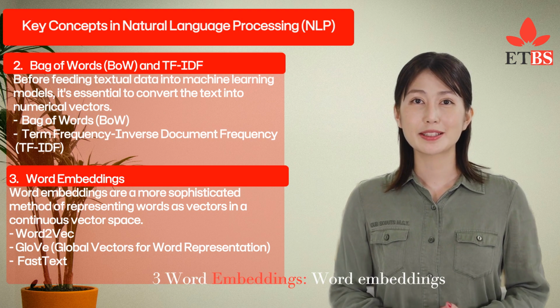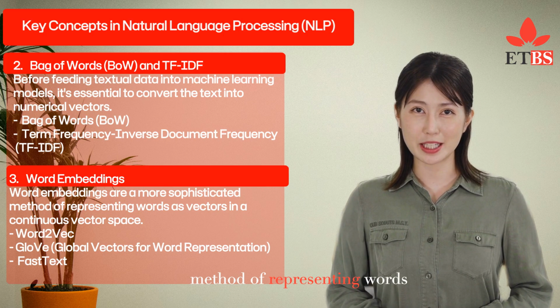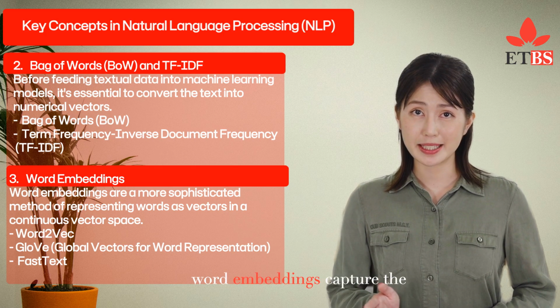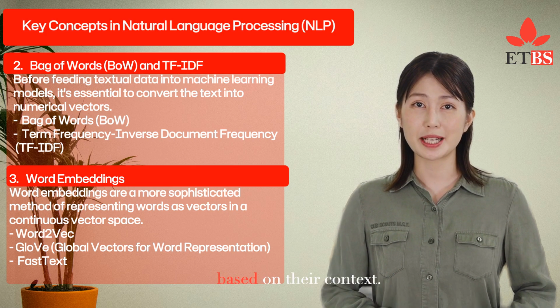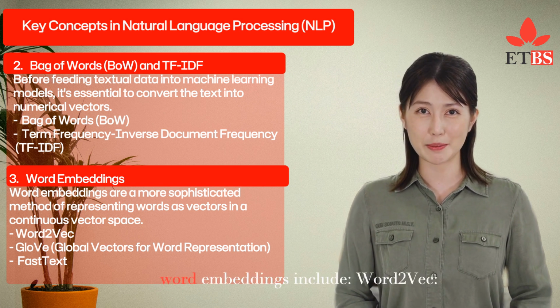3. Word embeddings. Word embeddings are a more sophisticated method of representing words as vectors in a continuous vector space. Unlike BoW and TF-IDF, word embeddings capture the semantic meaning of words based on their context. Popular techniques for generating word embeddings include